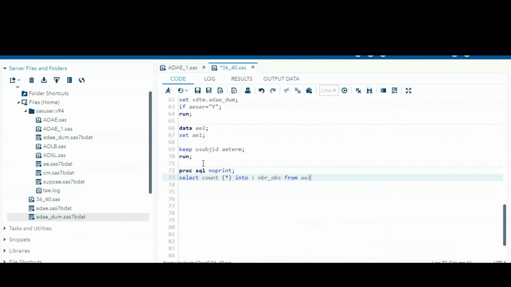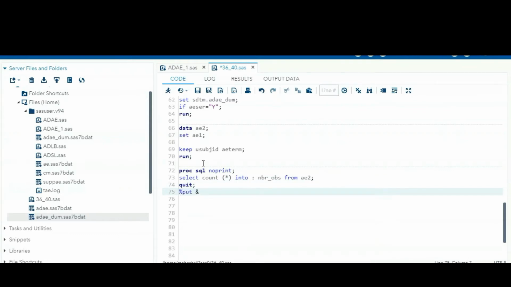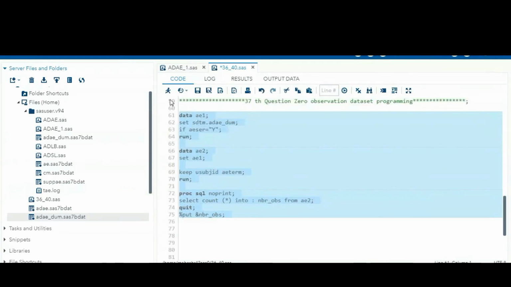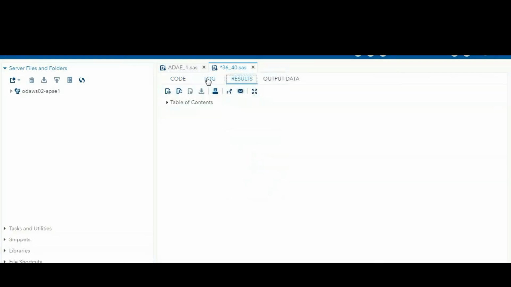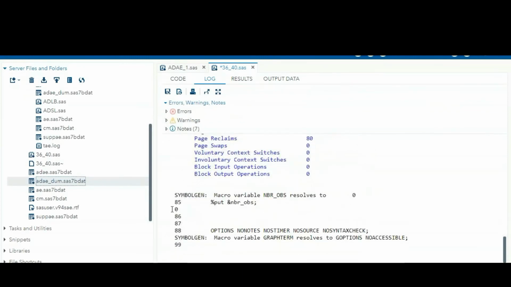You can check the macro variable by using %put NBR_OBS. It will show you how many observations are in this data set. If you run it, it shows 0 observations.